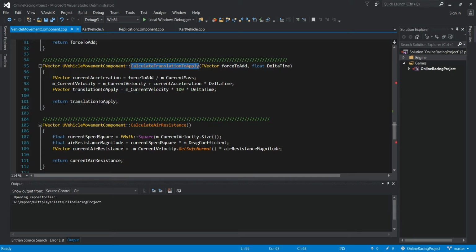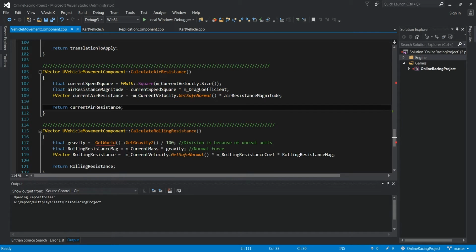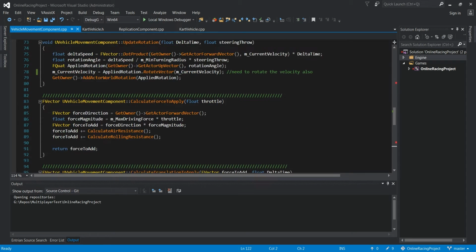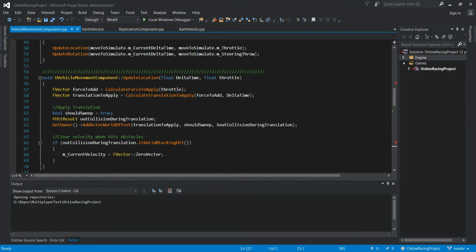So you have also here the calculation for the translation, you have the air resistance calculations, and you have the rolling resistance calculation itself. So now that you have created a move and you simulated it locally,